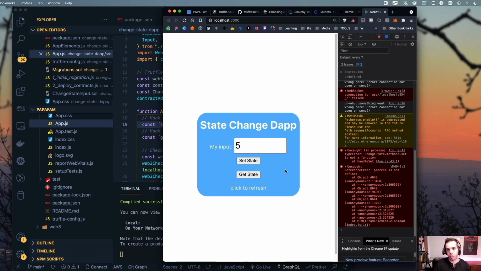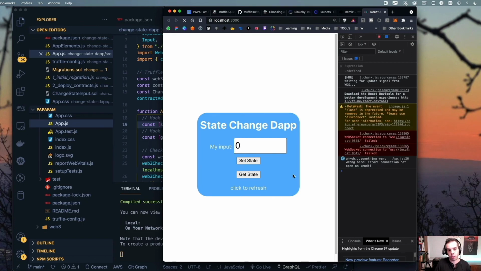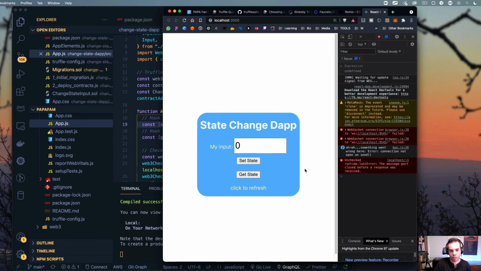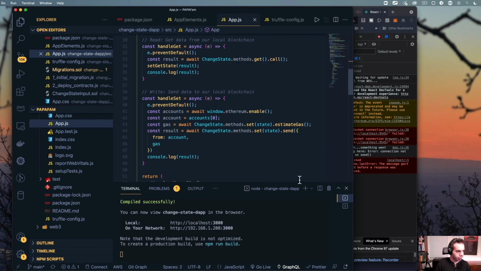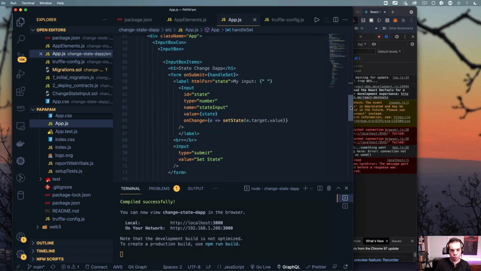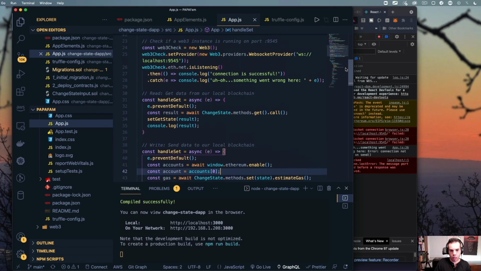Just to give you a heads up, if you try to do this yet, it won't work because nothing is set up; it's not connected to the blockchain yet. But this is exactly what we want to be doing, and this is pretty much all of the code that we need for our application to be running.